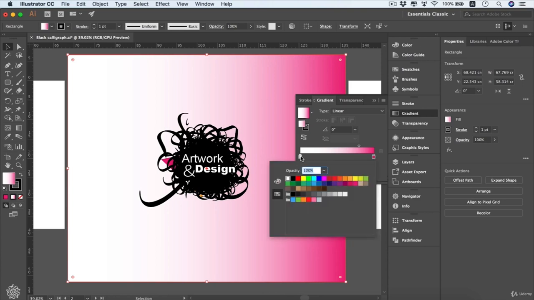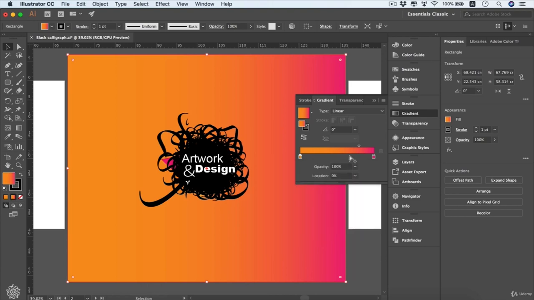And for our white, I'm going to be changing that one to maybe orange like that. Then I'm going to be dragging my slider a little bit, maybe to here or here. And also we can be changing our gradient's angle from here. We can be setting that maybe to 30 degrees, or even start holding our gradient tool, which is in here, or shortcut for that, G on keyboard, and then you will be seeing that line along, which is set on 30 degrees, as you can see, starting with our orange color in here and also ending with our pink color